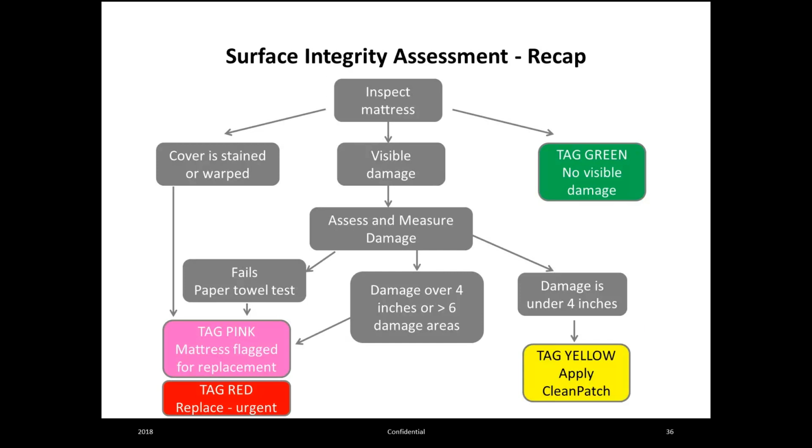measurements. So if the damage is over 4 inches or there are more than 6 damage areas, again, it's pink or red. If the damage is less than 4 inches and there are no signs of fluid ingress, you would tag yellow and apply CleanPatch. We have found in our assessments that anywhere between 70 to 90% of the time will be a